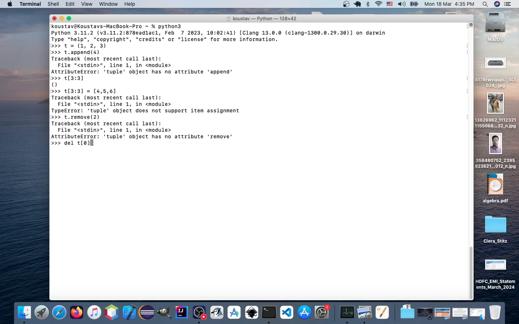For a list it would work. So if we do this, we get "tuple object doesn't support item deletion," so you cannot delete an item from a tuple. Now if this is so, does it mean that it's not possible to modify the content of the tuple? I mean, we cannot, well,